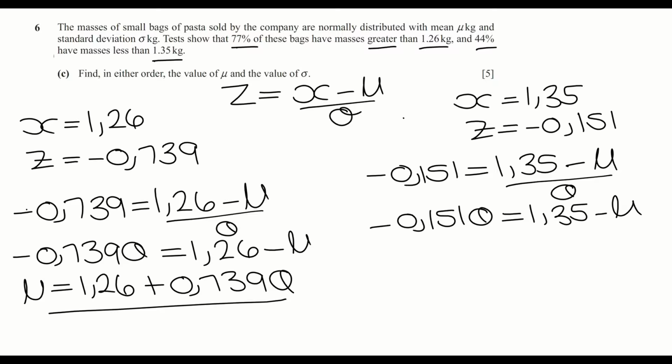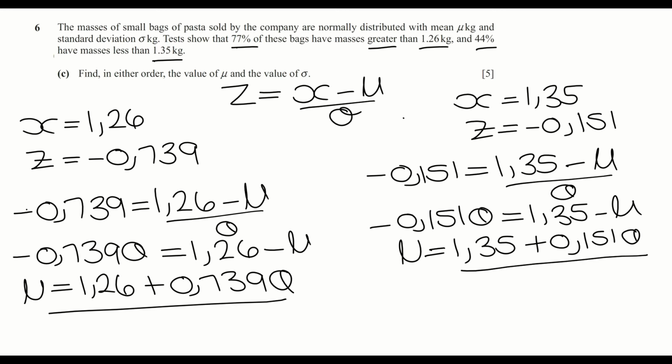Let's make mu positive. I get mu is equal to 1,35 plus 0,151 sigma. Now I have two equations, and remember that mu over here is equal to mu on this side,